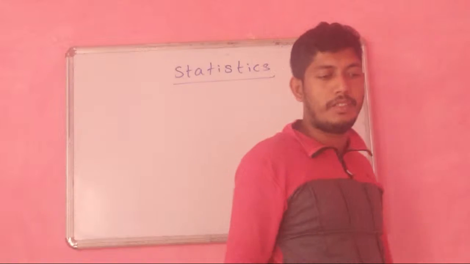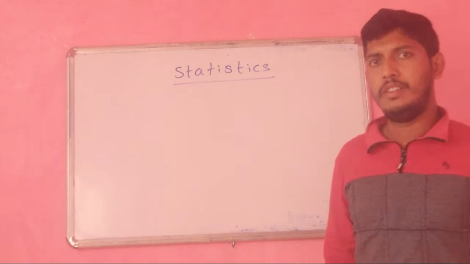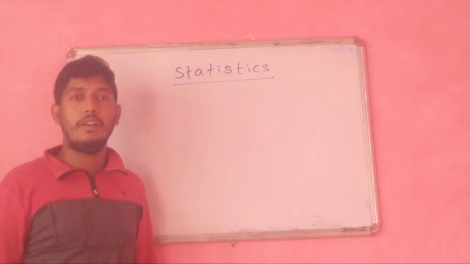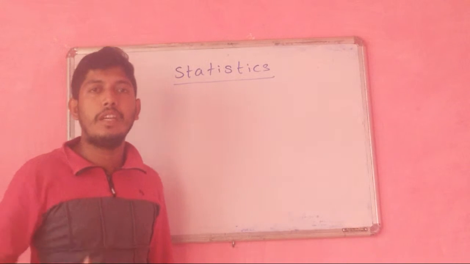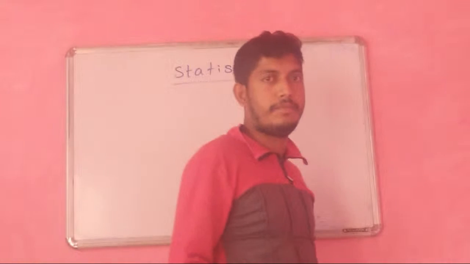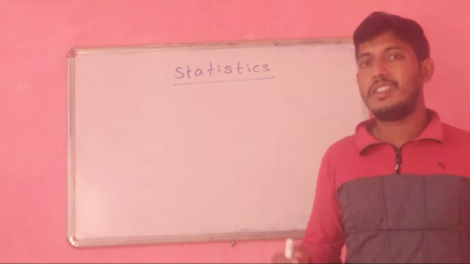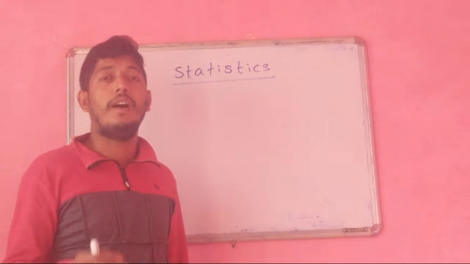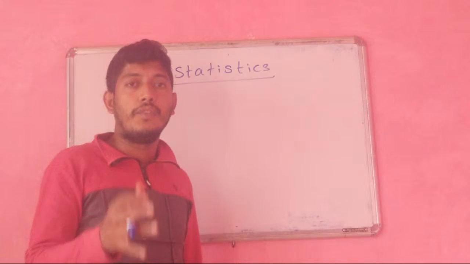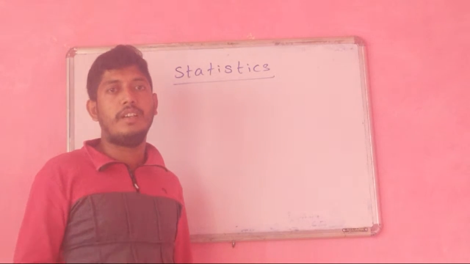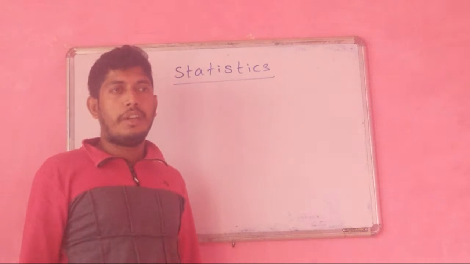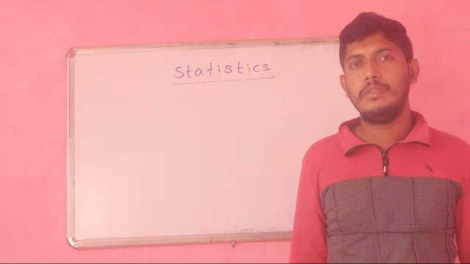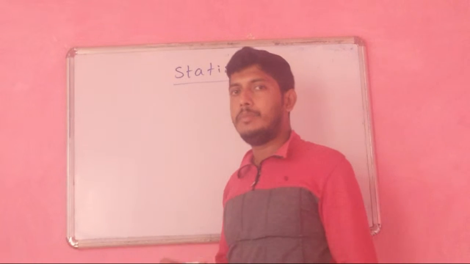So statistics means it is a collection of data which are arranged in a particular manner to give some information. It is a collection of data or information which gives particular information about that data. Okay, next, when we come to mean, median, and mode, there is one term that is called